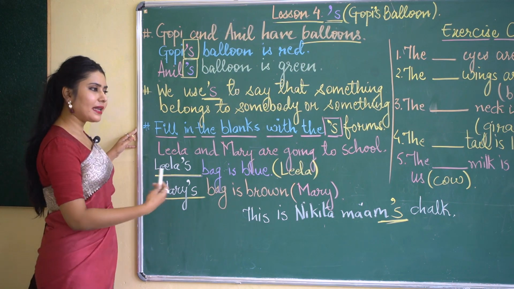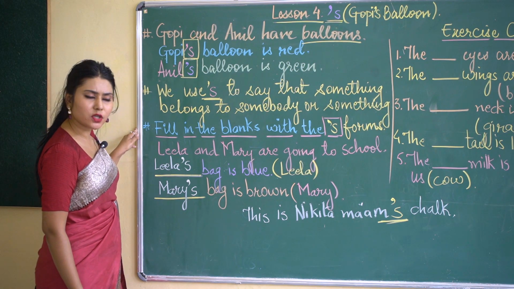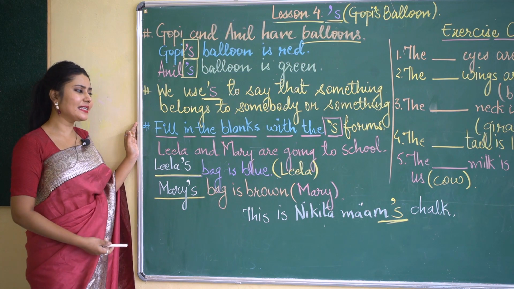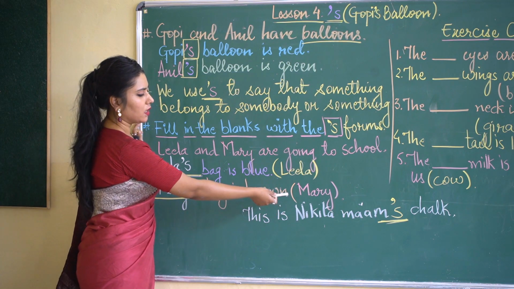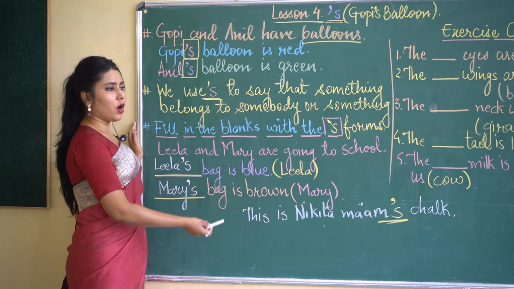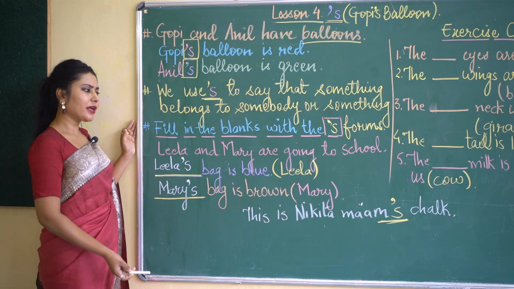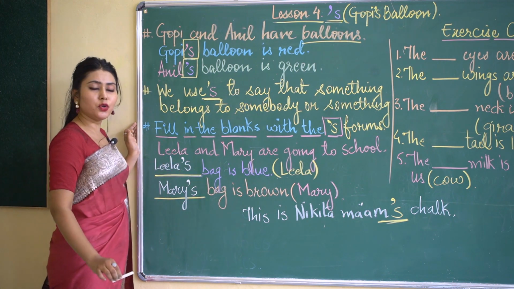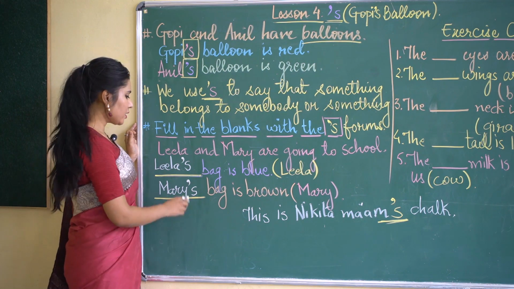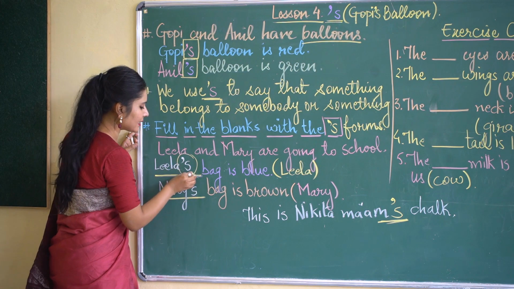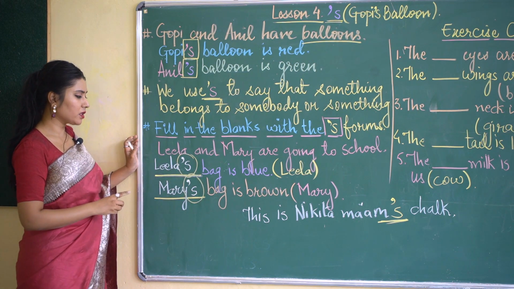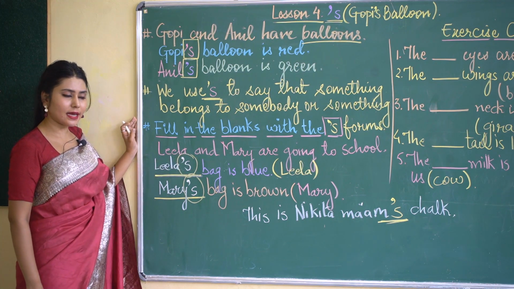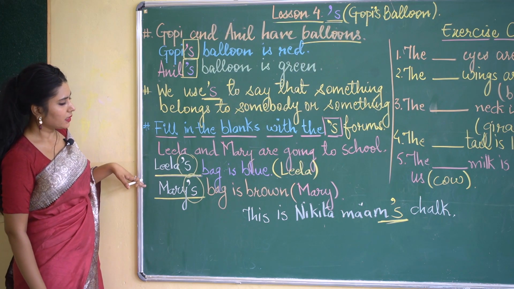That's how you denote that a particular thing belongs to someone or something with this apostrophe S, which is very important, children, because in an examination you will surely get the options written at the corner, or you are going to get pictures and you are going to get the name straight away. But that does not mean you have to put up the same name and write it on the blank and that's all. No, that will make a wrong sentence. It is all about putting up apostrophe S in the right place. It is very important that you apply the apostrophe before S. You cannot apply it after S. You understand? So this was from the exercise of your book.